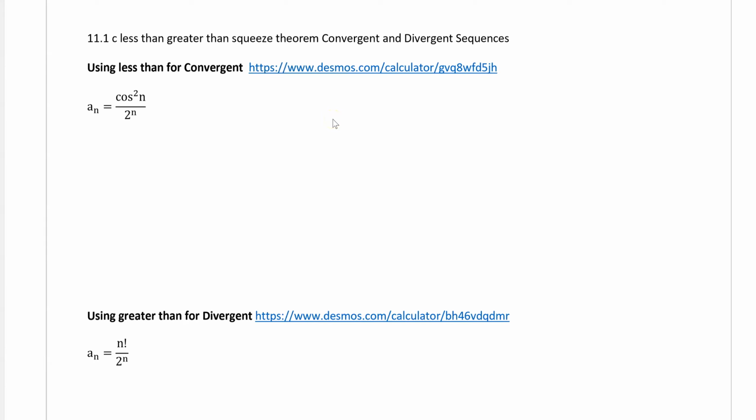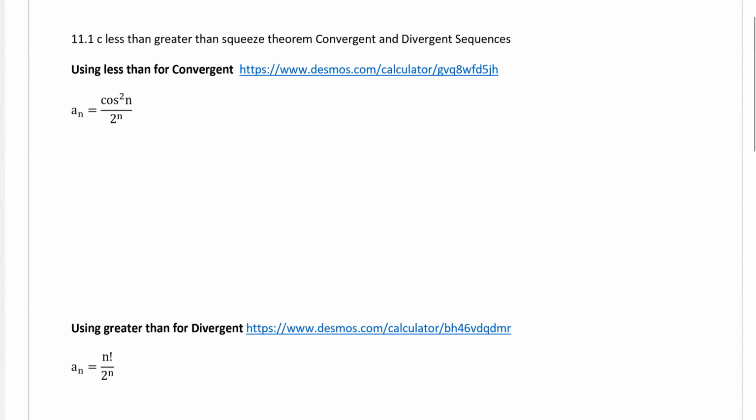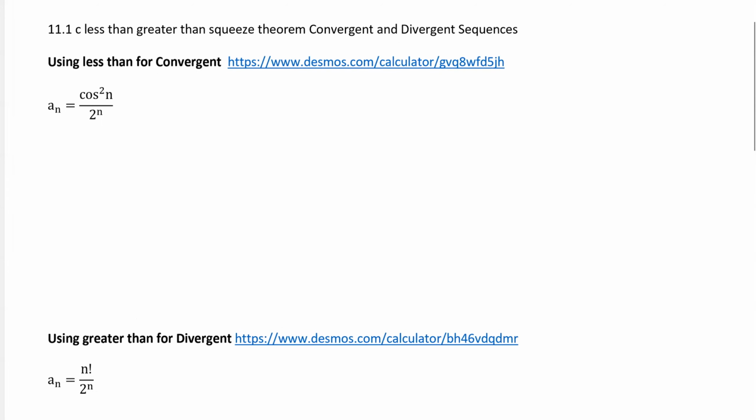All right, this is our last little tip or trick, and it's using less than, greater than, and squeeze theorem to see if a sequence is convergent or divergent. So we've done this before with other things, but now we're just applying it for sequences. So if you look at our a sub n equals cosine squared of n over 2 to the n, if we say